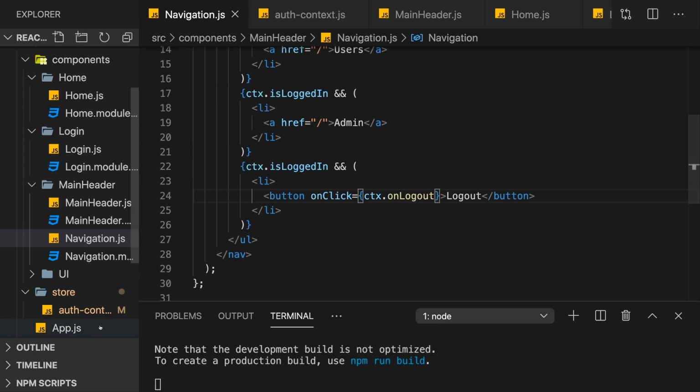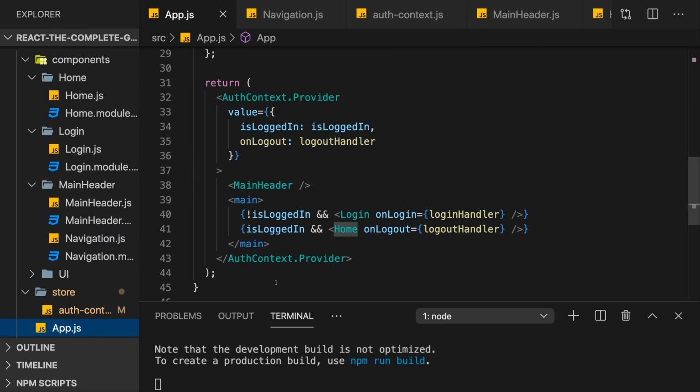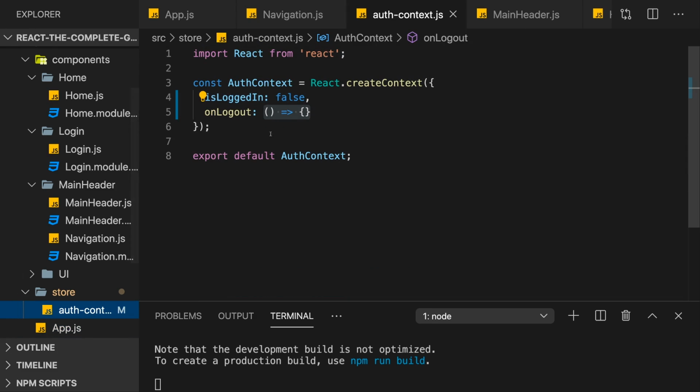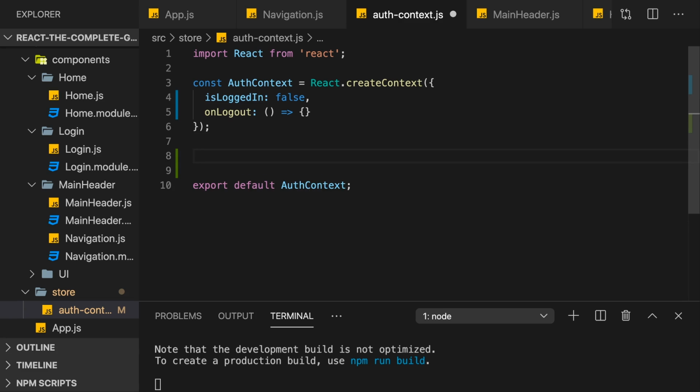Another thing that you might consider is, depending on your application structure and how you're managing your data, you also might want to pull more logic out of, for example, the app component and create a separate context management component, if you want to call it like this. How could this look like? Well, maybe in our authContext store file, we could create a